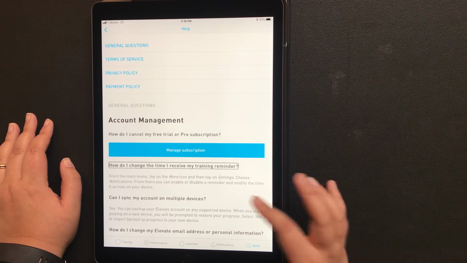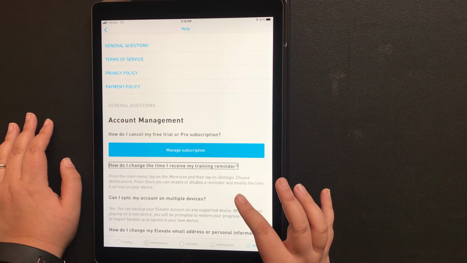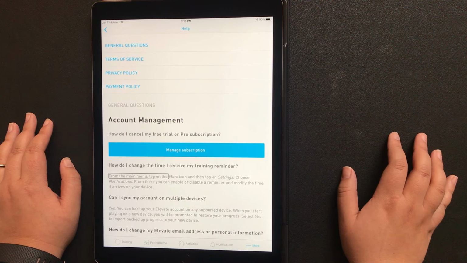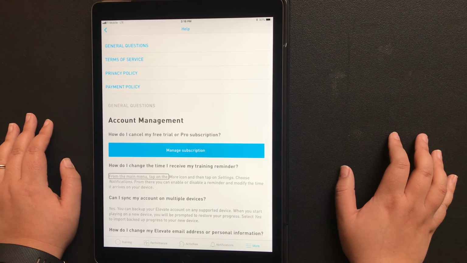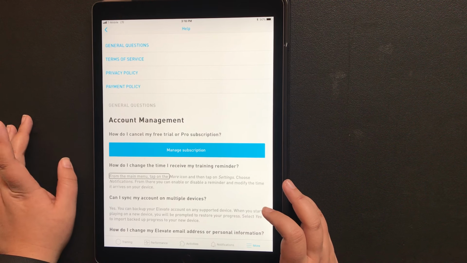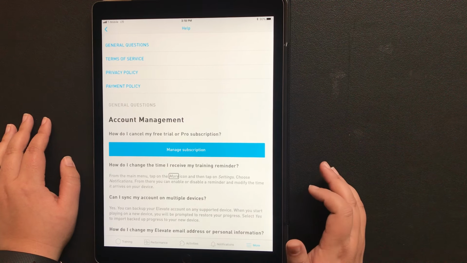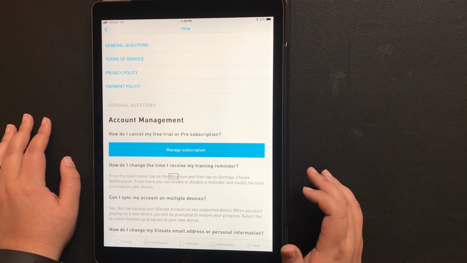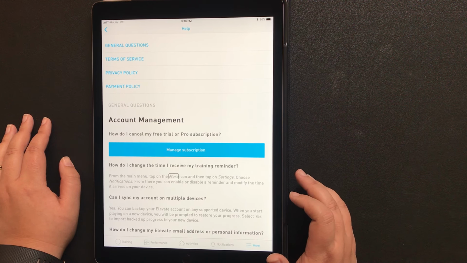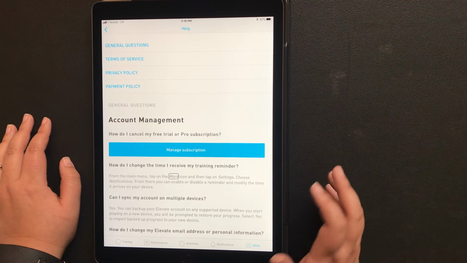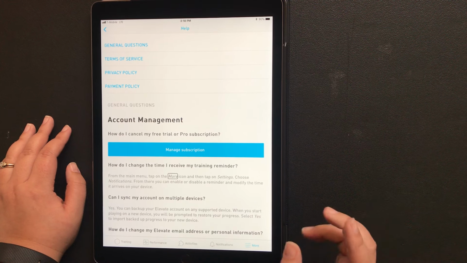As I swipe right to scroll through and have the screen reader read, from the main menu, tap on the. I have to keep reading. I have to keep swiping through. And the reason is because the next word is presented in italics. More. So it says from the main menu, tap on the more. And more is in italics. So anytime there is a change in the standard font, you have to continue to swipe right to get